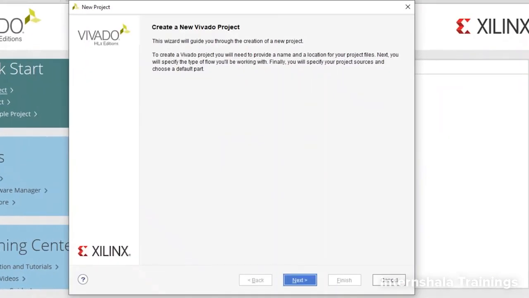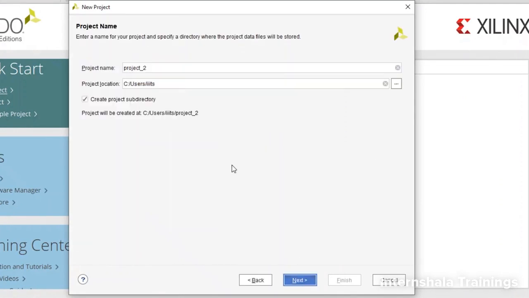So we click on create project and a wizard will open which will guide you through the project creation. So first of all, we'll go to next. Here it is suggesting you a name. What are the rules that you have to follow while naming? We'll discuss them in detail when we talk about the Verilog coding, but the simple rules are: it should start with an English alphabet, it can have alphabets plus numbers and underscore, nothing else,